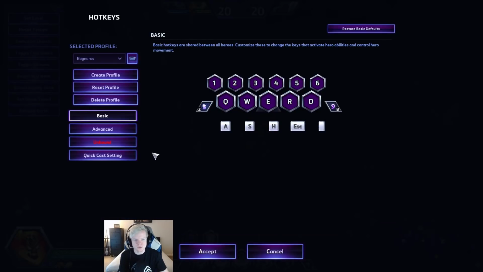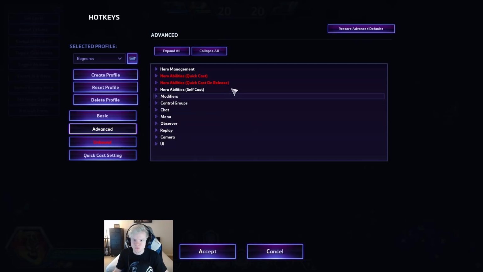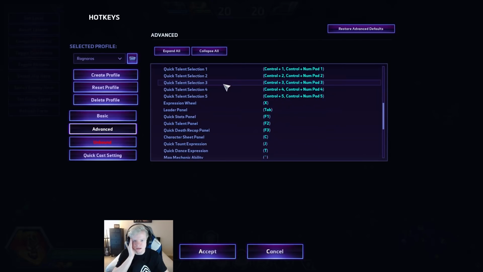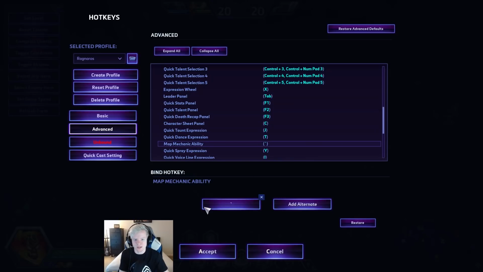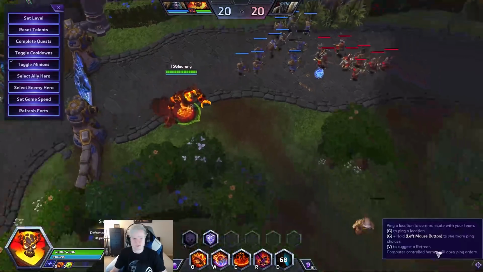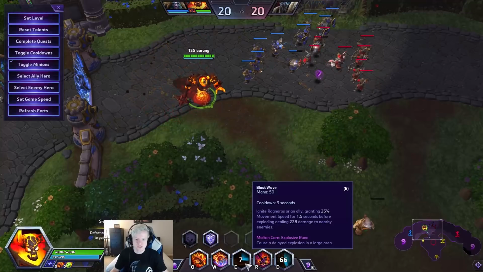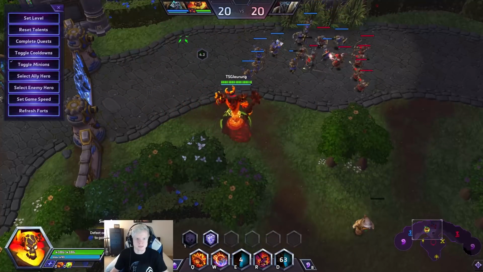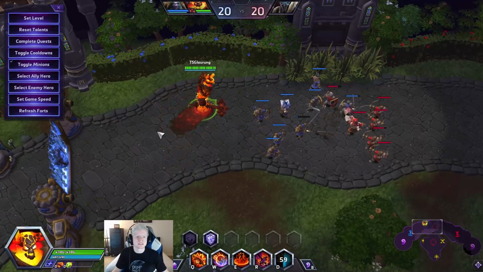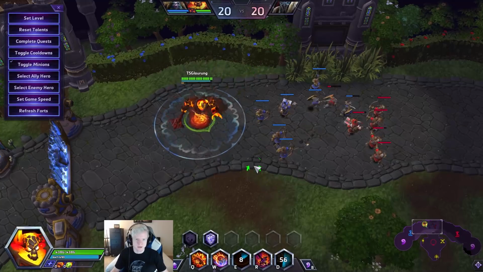And then once you do that, you might have to rebind your map objective key, and I've rebound that to tilde. So to do that, you can go into Hero Management, I think. Map Mechanic Ability, and right here I've changed it from F to this key. So really quick, that wasn't super relevant to Ragnaros, but that's how I can super conveniently self-cast Blast Wave without thinking twice. This can be really useful in rotations, it can be really useful in repositioning in your lane, and